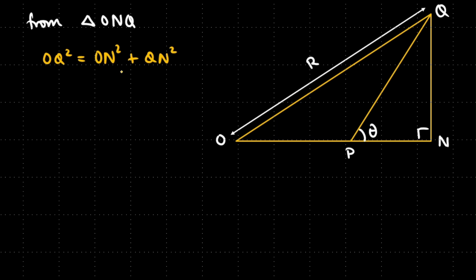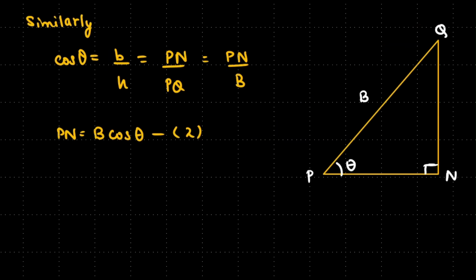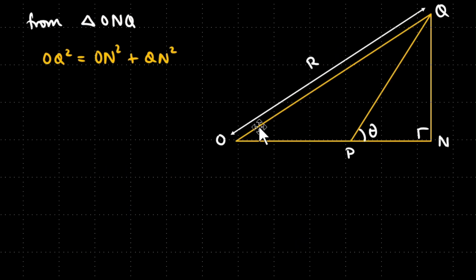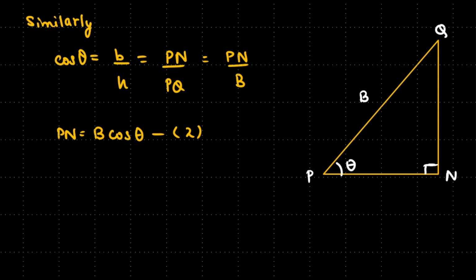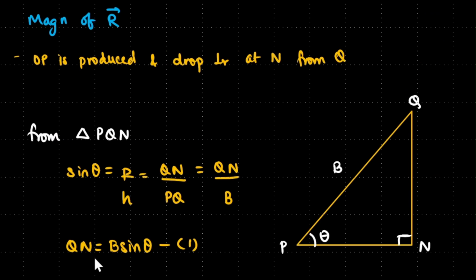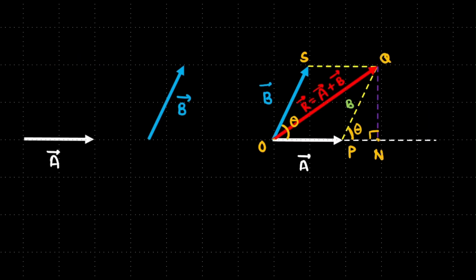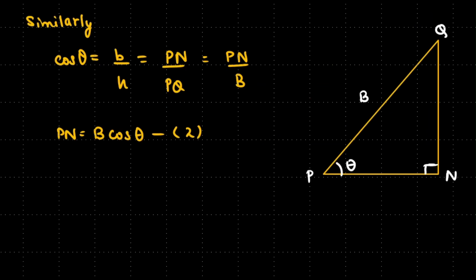So now, we actually don't know the length of ON, but I know the length of OP and PN. So I know the length of PN, and I also know the length of QN. QN being this part, and OP I also know, since this is actually A. I forgot to write that, so let's go back and take a look at it. This is vector A, which means